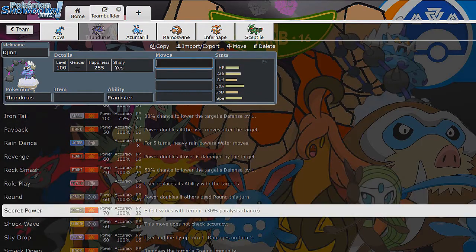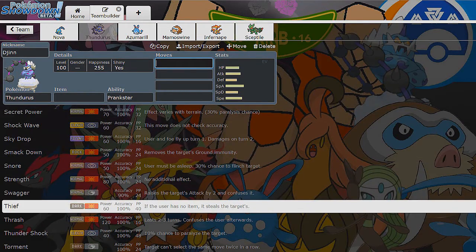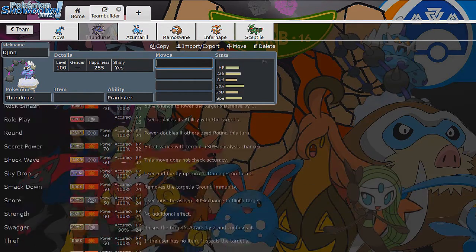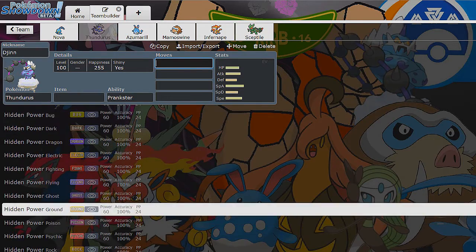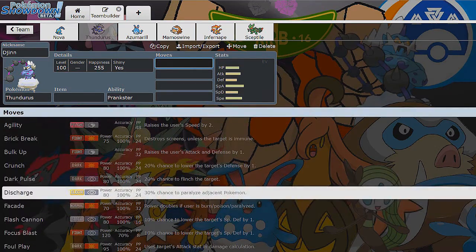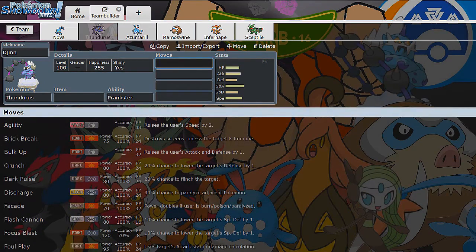Iron Tail is also a thing, not that it's very reliable, but it's a thing. We get Thief, we can steal items, Smack Down, just in case. And of course, who can forget Incinerate from MPL Season 2, the Incinerate Thundurus-I for Mega Scizor, that was pretty fun. So yeah, maybe we can pull off some shenanigans, you never know. So, next up, we drafted the monster